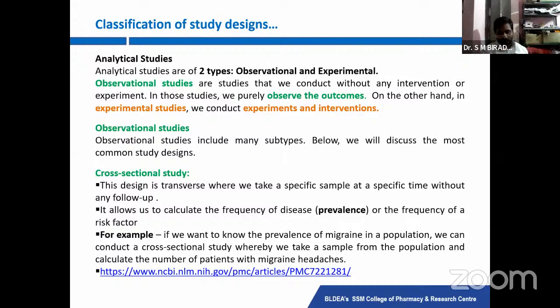Sometimes what happens, especially with vegetarians, pure vegetarians, when they are suddenly exposed to non-vegetarian food, they may start getting headaches. So this is what it is. It happens suddenly because of that particular risk factor. When you study these kinds of activity or research, those studies are called cross-sectional studies. One more example we could see here. Let me see whether it is active or not.